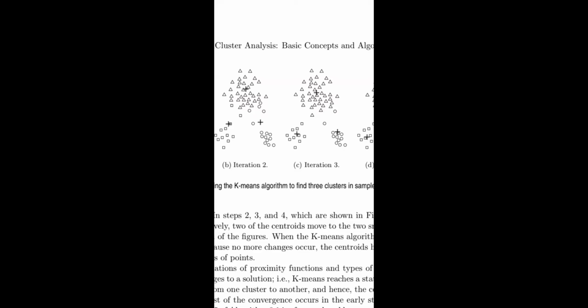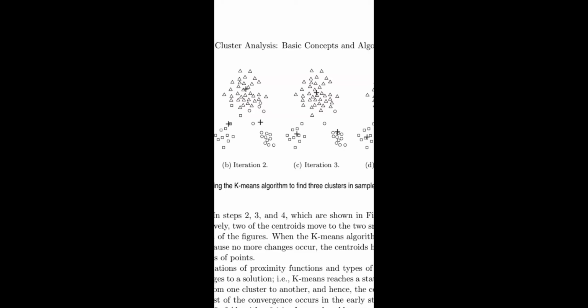Next is how to assign points to the closest centroid. For example, consider an object x in the ith cluster. Consider the centroid of the cluster C_i, the center of all points, represented with C. Small m_i is the number of objects in the ith cluster, small m represents the number of objects in the data set, and capital K represents the number of clusters. So this is regarding assigning points to the closest centroid.